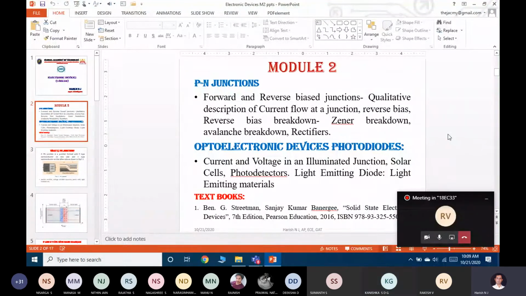Yes, sir. Then after the discussion of a PN junction diode, we are moving to the application of a PN junction diode. You are very much aware that one of the major applications of a PN junction diode is the rectifier. Correct? So in the rectifier part, we are not going to discuss what are the types of a rectifier or what is the operation of that, why we are using those things. We are not going to discuss.